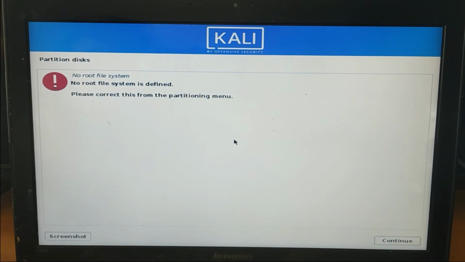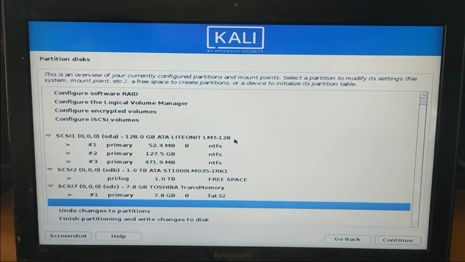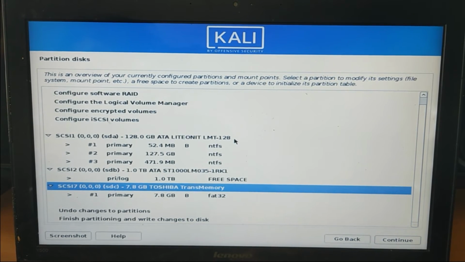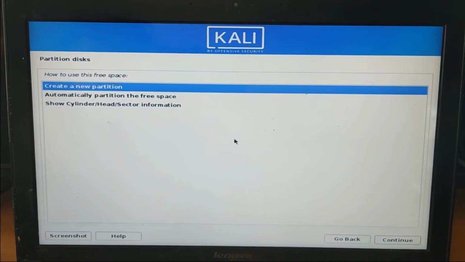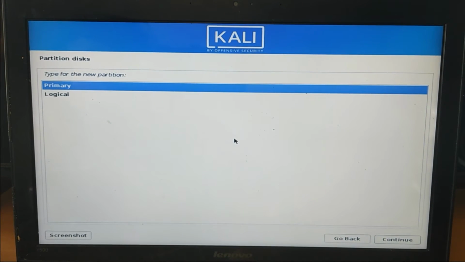No root file system is defined. Please correct this from the partitioning menu. Go to this one, enter, create new partition, continue, primary,